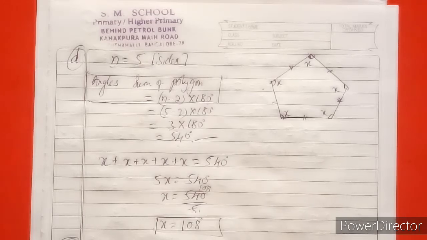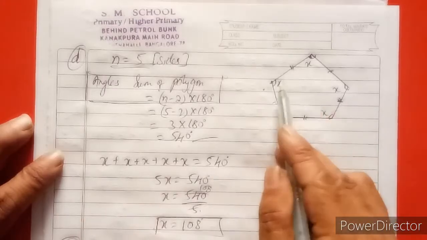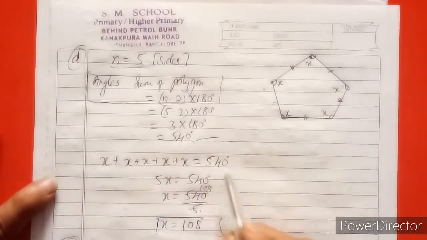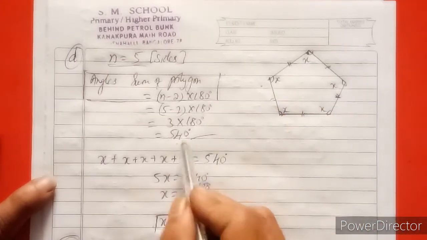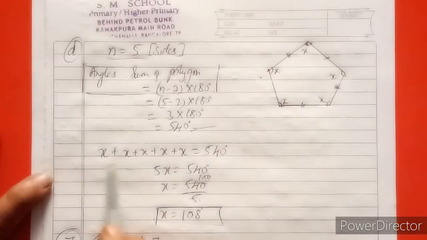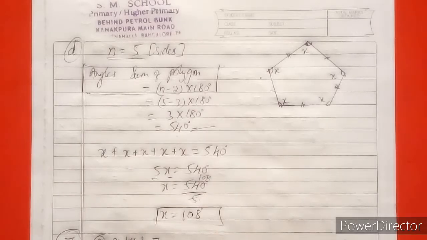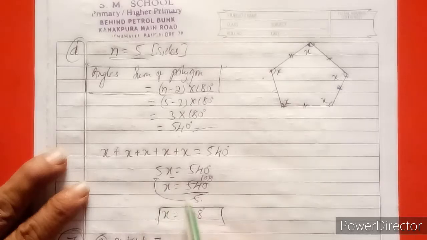Right? So after that we have to put a name directly. We can take x plus x plus x plus x plus x, 5 angles. The total sum of the angles of the figure is 540 degrees that we got here. Right? And x plus x plus x plus x plus x is 5x is equal to 540. There is no sign between 5 and x, constant and variable, there is no sign. The product value should transpose to be a denominator.